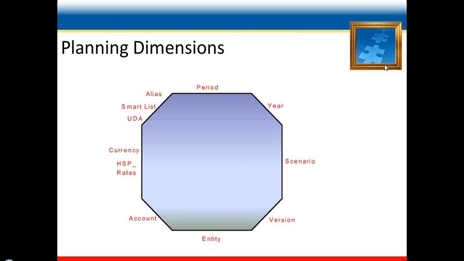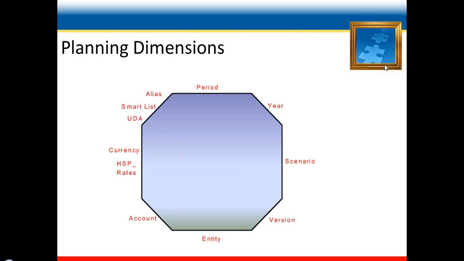Scenario dimension is a set of related data such as budget, actual, forecast. For example, the actual scenario can contain data from general ledger reflecting past and current business operation. Budget scenario can contain data that reflects the targeted business operation. The forecast scenario typically contains the data that corresponds to the prediction for upcoming periods.